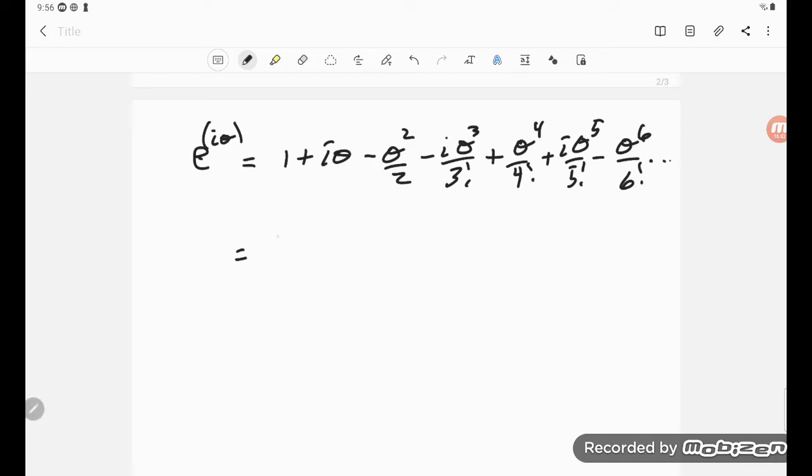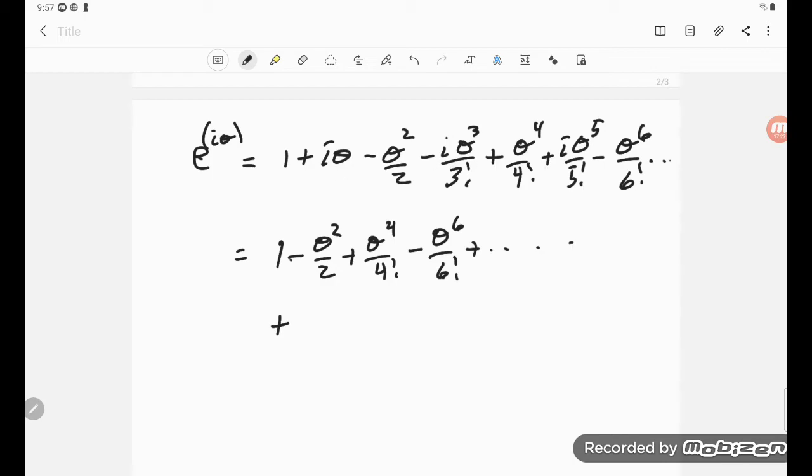But we can rearrange these, so I'm going to rearrange the even powers first. So this is 1, plus, oops, not plus, but minus theta squared over 2, plus theta to the fourth over 4 factorial, and then minus theta to the sixth over 6 factorial, and then it'll keep going and be a plus theta to the eighth over 8 factorial and so forth. And then plus,